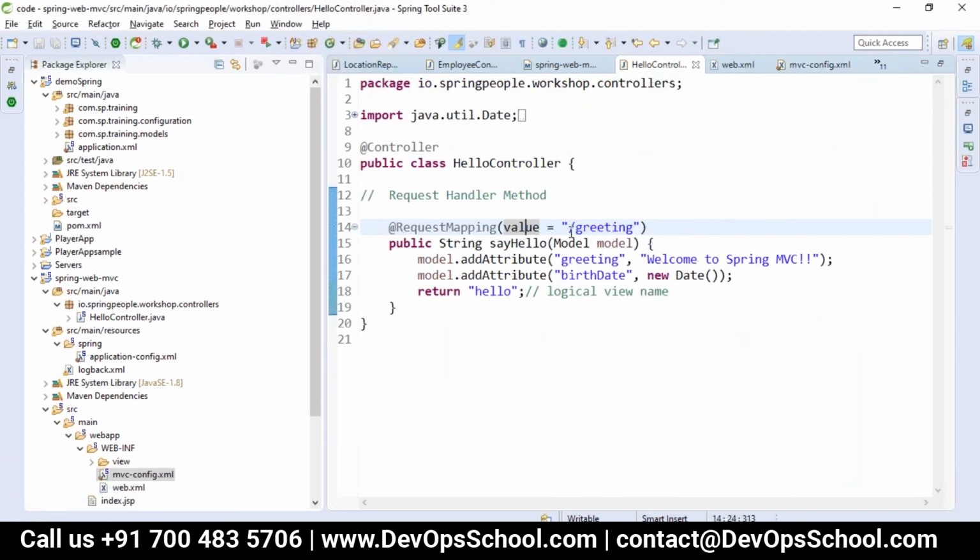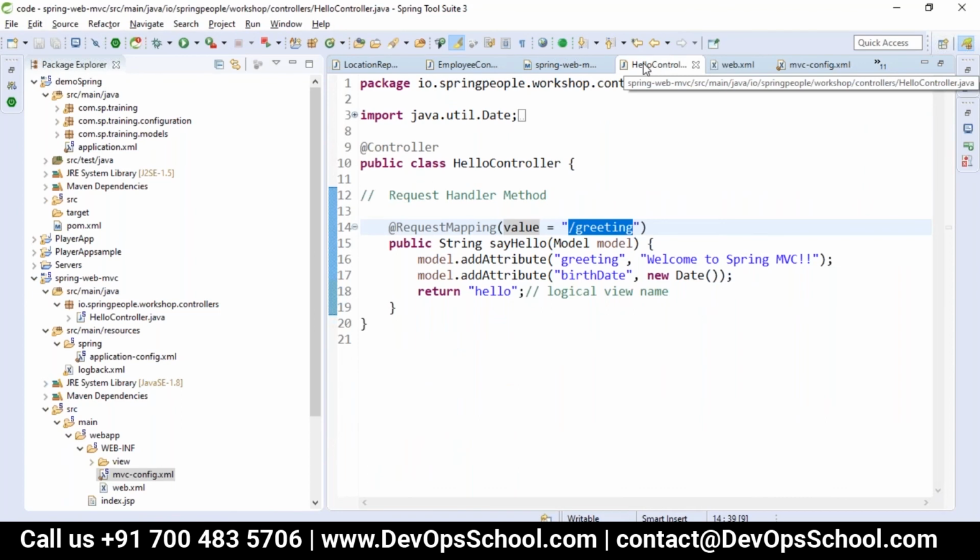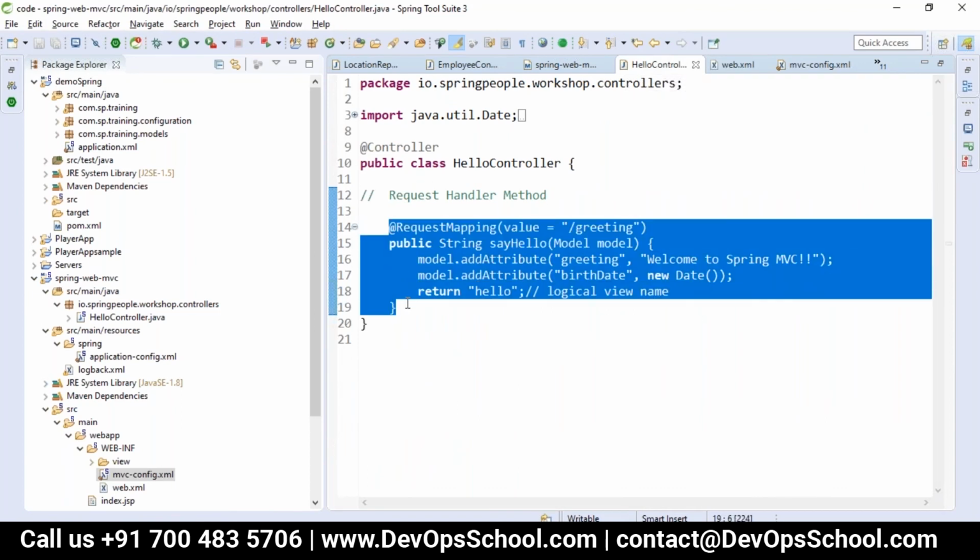Do we have any request called greeting? Do we have any request with greeting.html? Because in the web.xml we have written the URL pattern as anything, but it should end with .html. So if you send a request greeting.html, the dispatcher servlet will send the request to this request handler method.